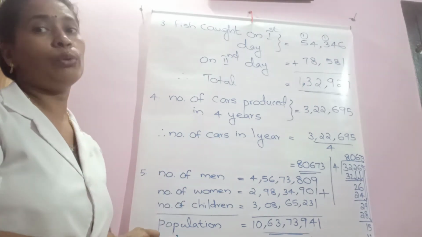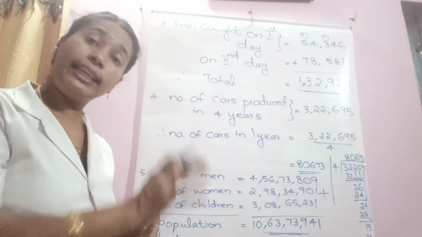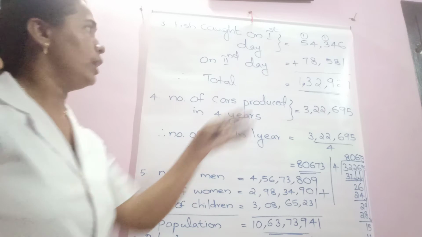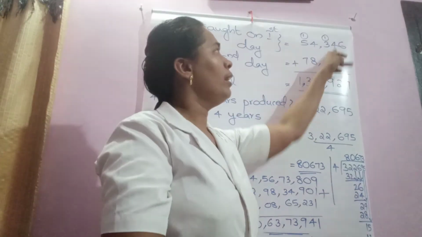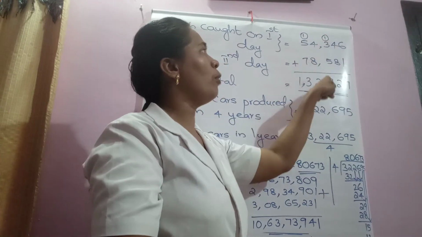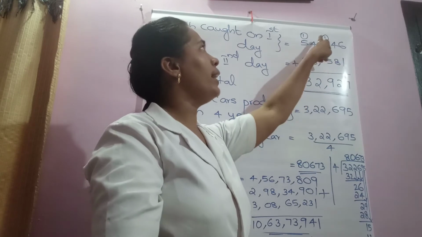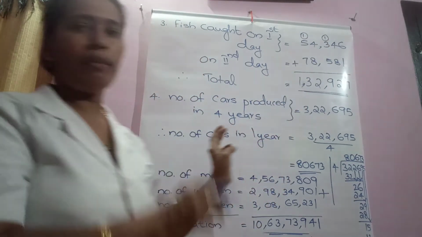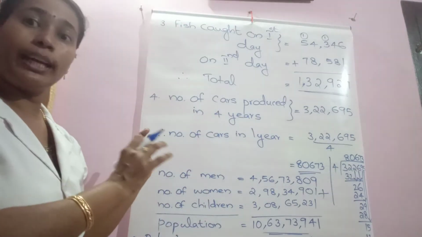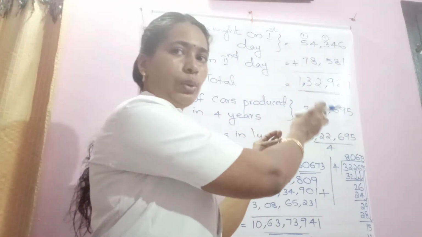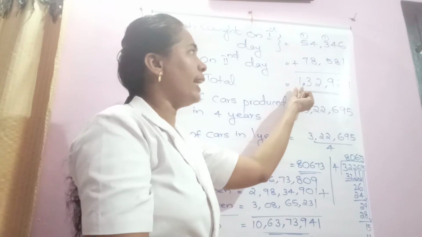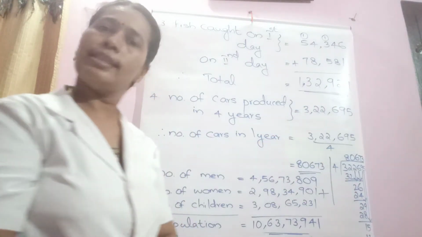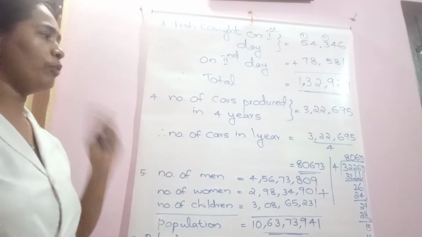So what do we do to find the number of fish on these days? We need to add these two together. Just addition. So the addition of these two: 7, 12, 1 carry over. How much is coming? 99. Then the next number, 4 plus 8, 12, 1 carry over, 13. And we can put appropriate commas to read the number. First 3 digits, then 2 digits, comma. So this is read as 1,32,927. Let us move to our fourth question.